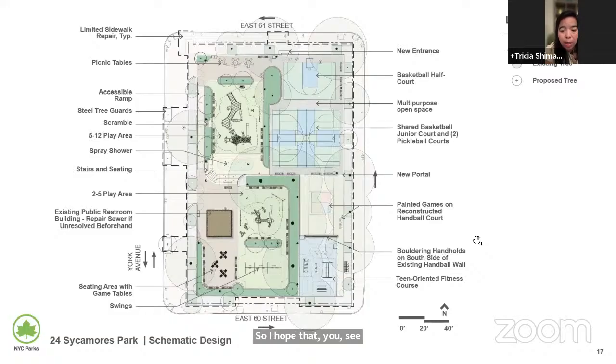I want to just hammer home a couple things. One, that bouldering idea was my idea. I'm going to take credit for it, and it's only happened once in our city. So I hope that you support that, because I think it's kind of cool and fun and could be exciting. And if you don't like it, then fine. Two,